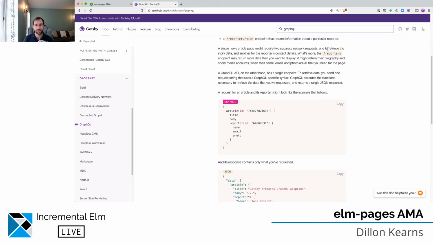I've had some people mention this, and people have said, you're the author of Elm GraphQL, you're building this static site framework in Elm. When is it going to use Elm GraphQL, or when is it going to use GraphQL queries to fetch data? Actually, I've definitely thought about this a lot, and when I think about what problems Gatsby is solving by using GraphQL to fetch the data,